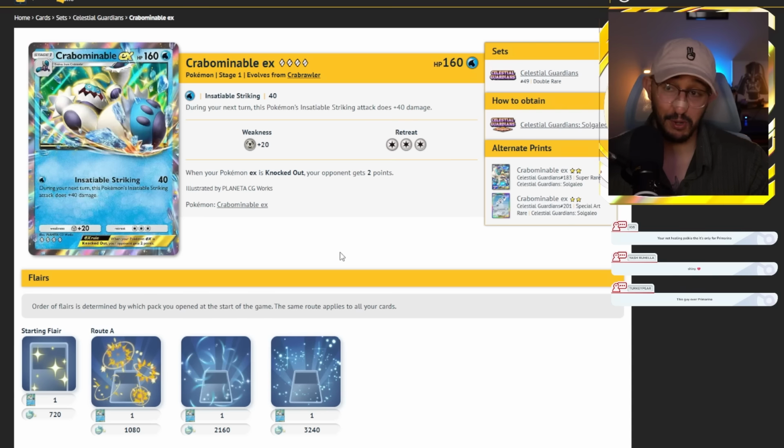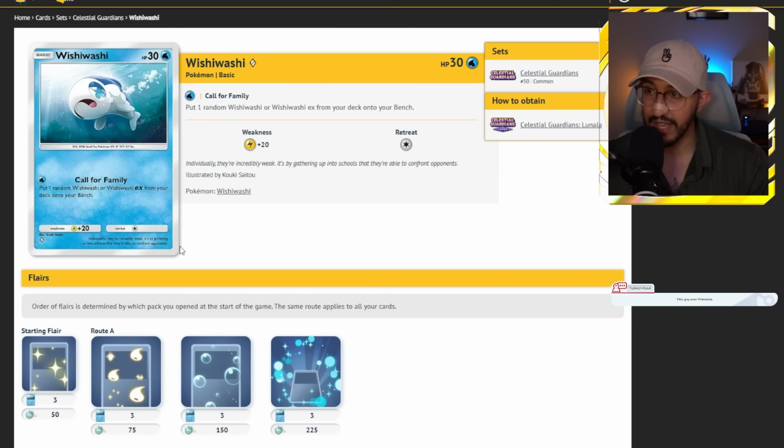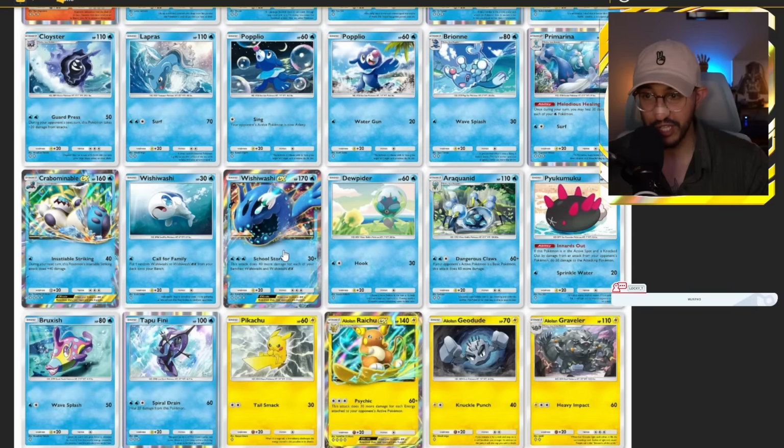Honestly, this Pokemon might be it, dude. This might be your aggressive water deck type Pokemon right here. Next is a basic version of Wishiwashi. Put a random Wishiwashi or Wishiwashi EX from your deck onto your bench. Nothing too crazy here. I'm just going to tell you guys right now, Wishiwashi and Wishiwashi EX, which if we